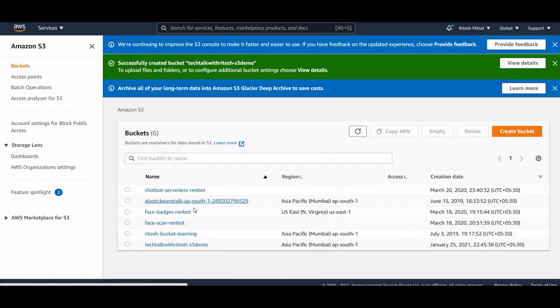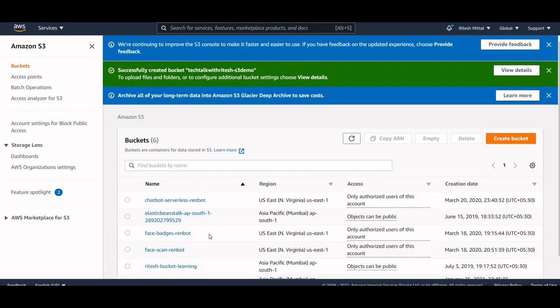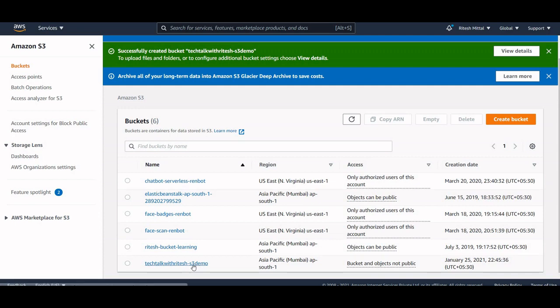So I have created the bucket. Basically, there are two ways we can configure S3 as a data store. One way is to use the access key and secret key. Another way is to configure an IAM user. For this demo I'm using the normal way, using the access key.